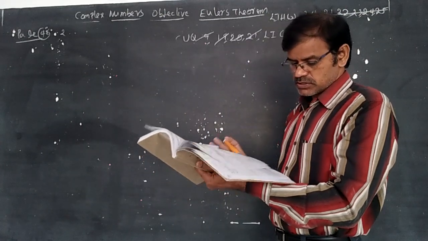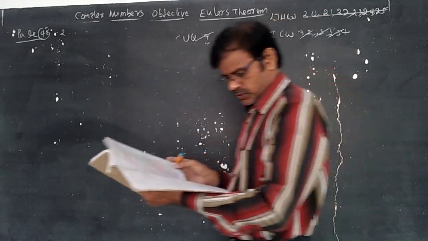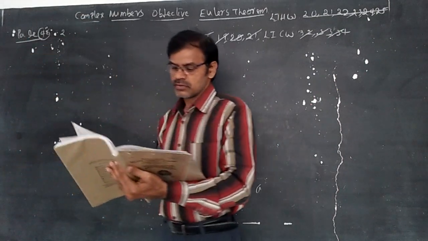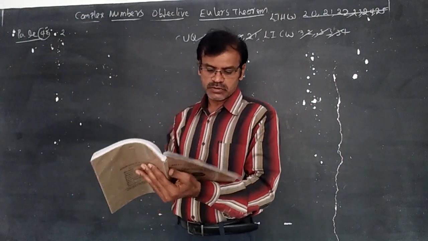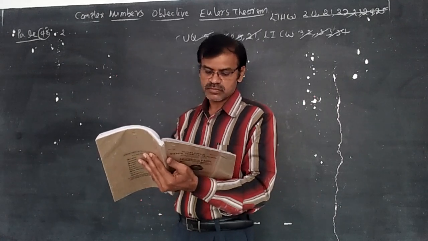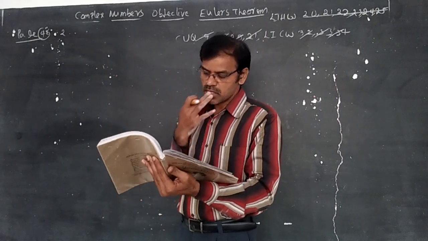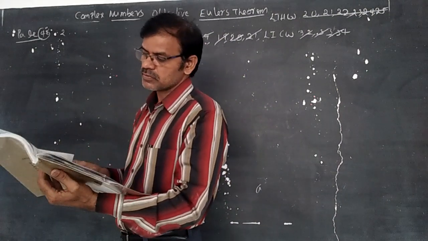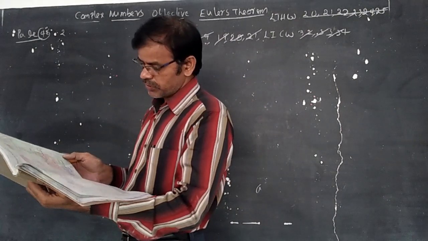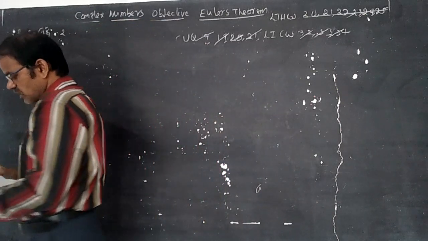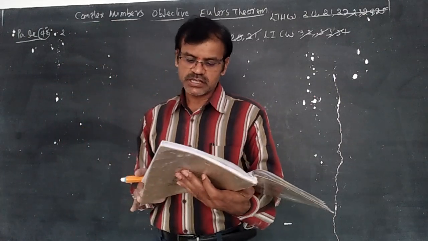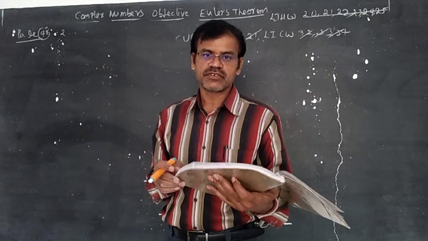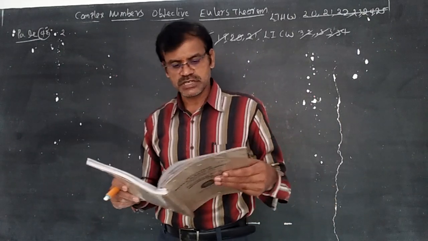Okay, let us discuss level 2. Level 2 classwork, 7th question. Page number 25. Yes, this one also we have completed. Yesterday I said the theory: z is equal to r into e power i theta, then the modulus of e power i theta is equal to 1 by e power r sin theta.